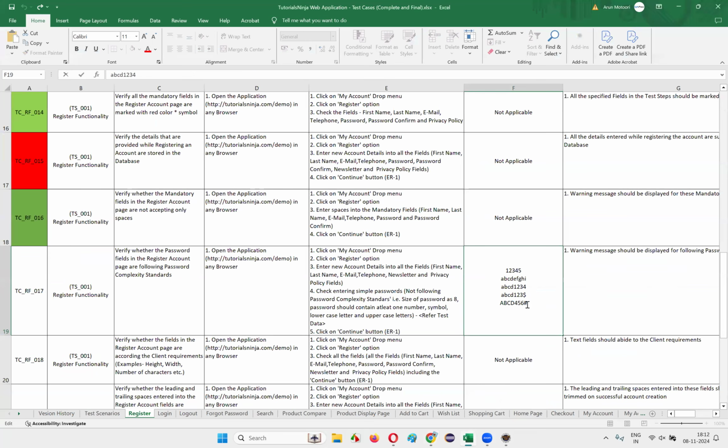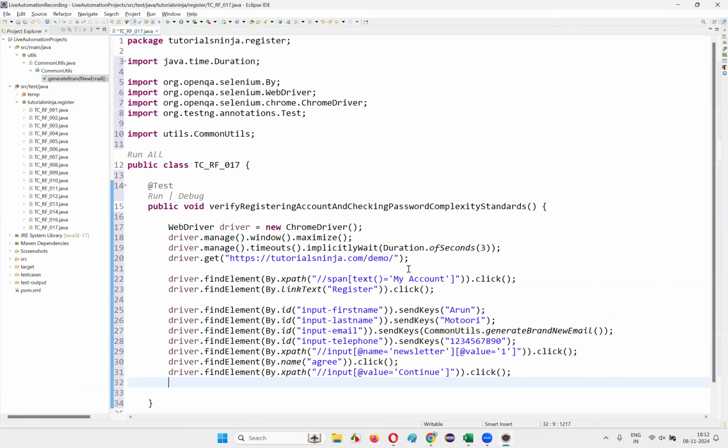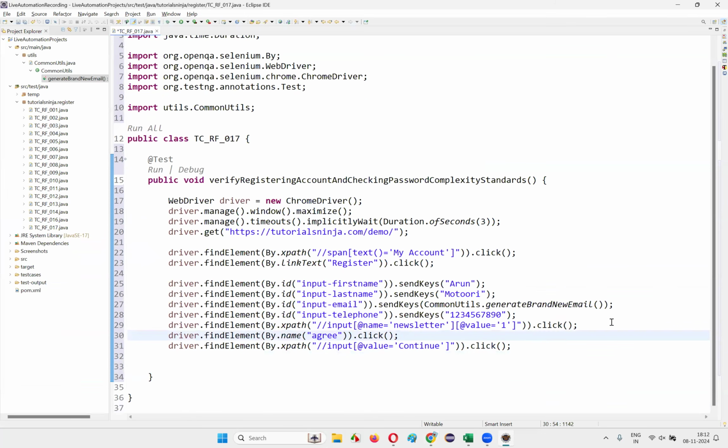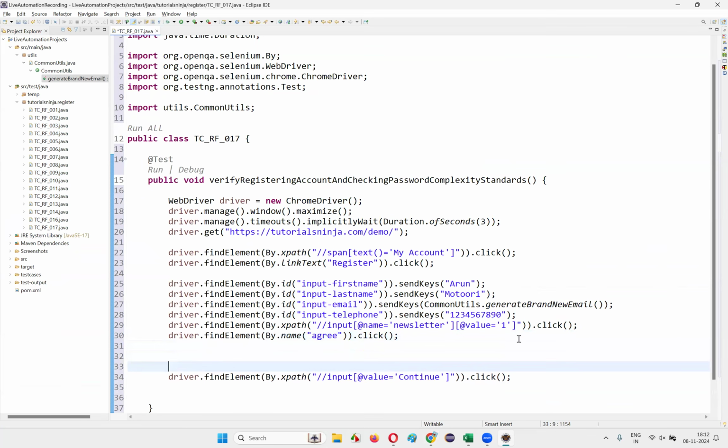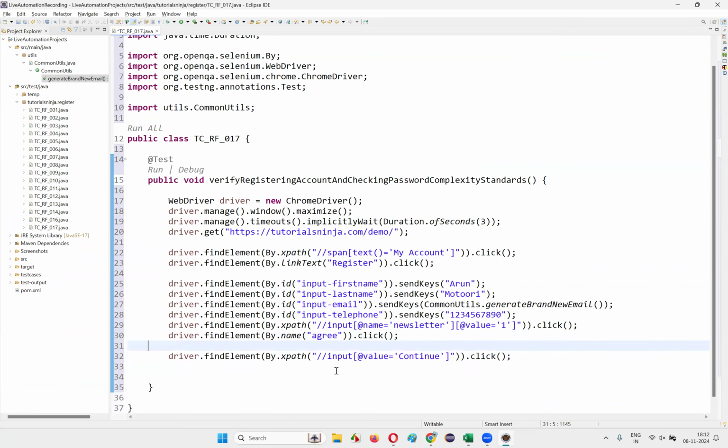Here we have multiple sets of simple passwords which don't obey the password complexity standards. I need to test with each and every one. So first I'll take this 12345, guys. I have to enter 12345. Copy this 12345. Okay, here, before I click on the continue button, guys,